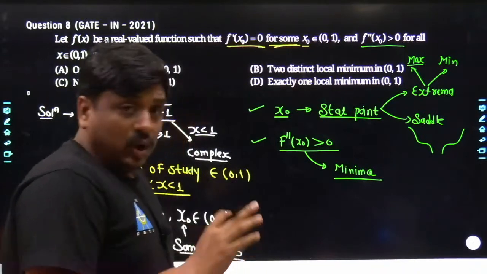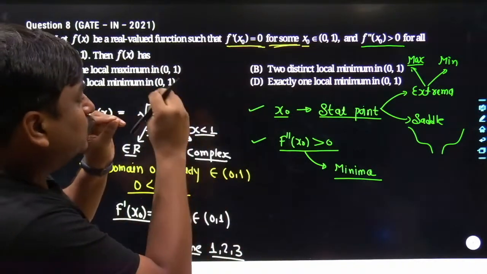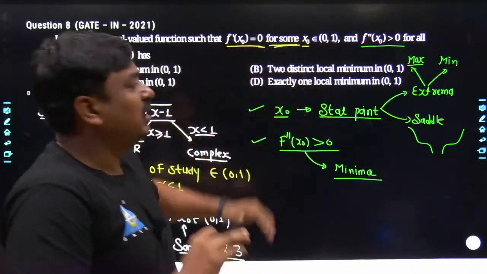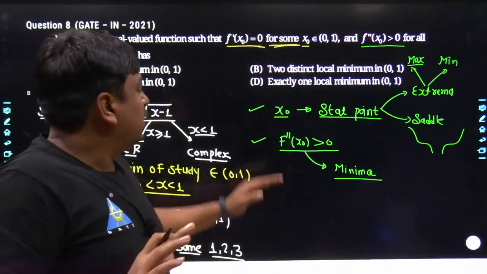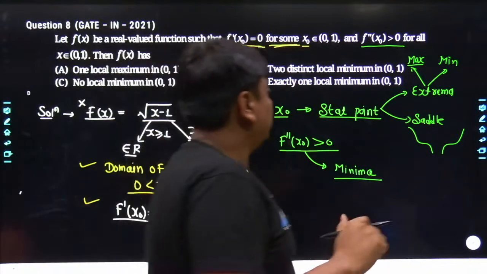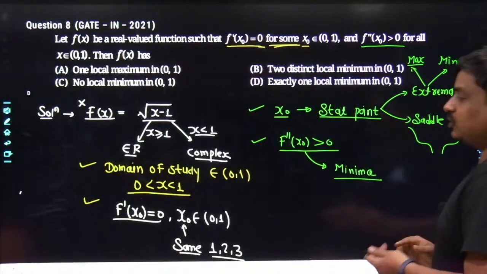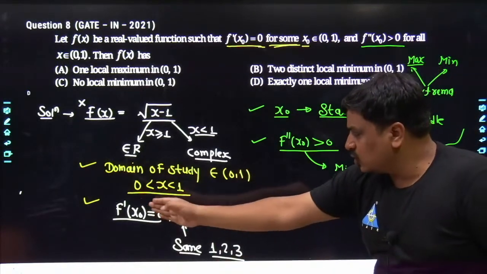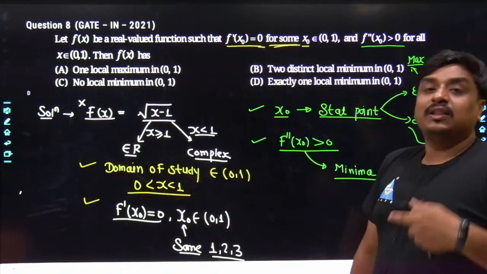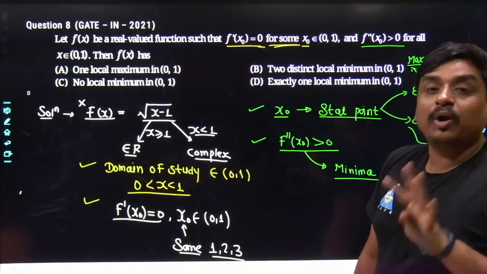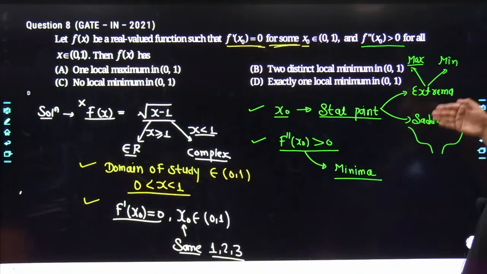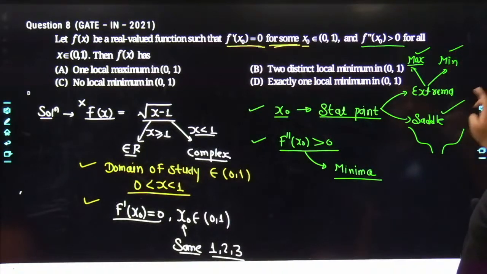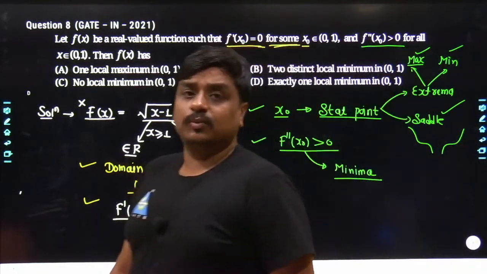Yes, there has been the formation of minima. That's the first thing. Secondly, for all possible values of x naught which belong within the open interval of 0, 1, whatever the stationary points formed, they all would be minima. I would repeat once again. They have said x naught would belong within the open interval of 0, 1, such that some values of x naught would satisfy f dash x naught equals 0. That means all possible values of x naught would be stationary points, which could be bifurcated as extrema, maxima and minima, or even a saddle point.